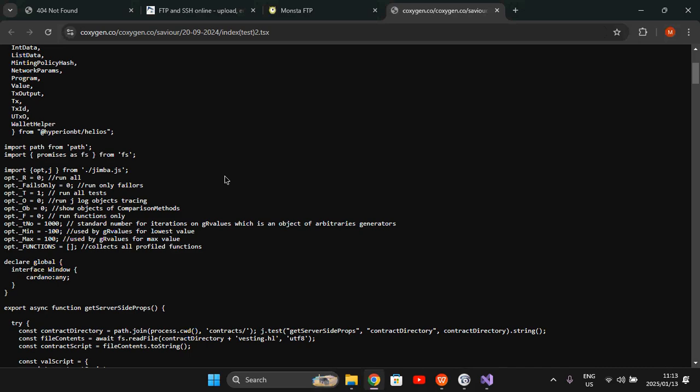It has switches that you can easily switch on and off, unlike the console.log. The benefit of writing test codes using Jimba library, that's the j.log, to console.log, is that